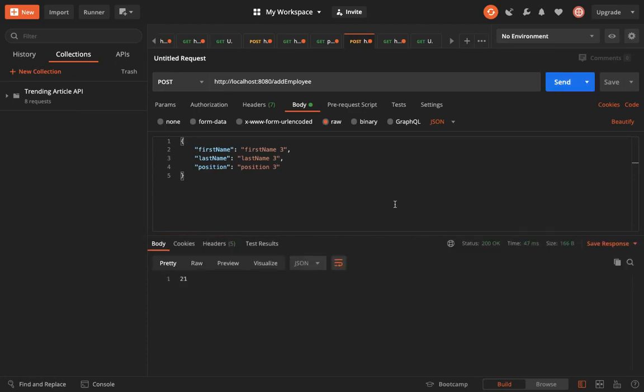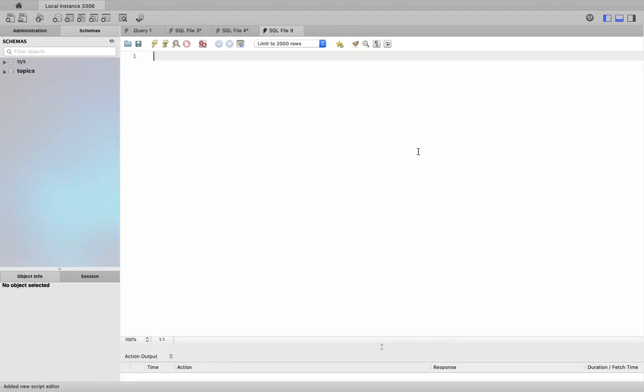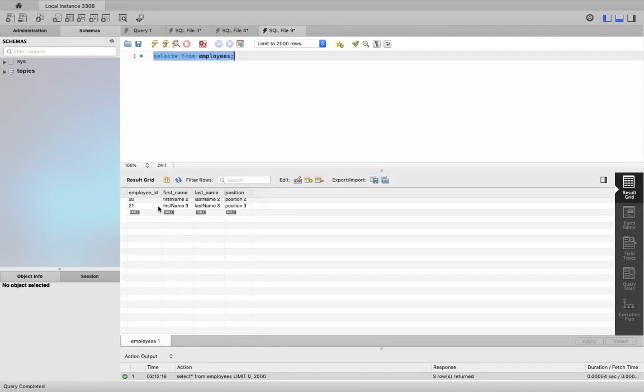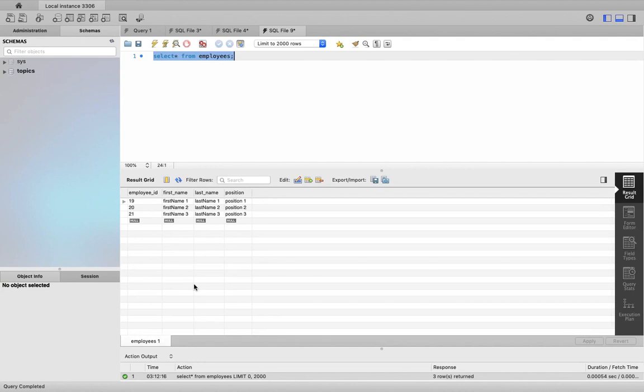Now let's check in Workbench if the employees have been added or not. So now we have 3 employees added in the table.